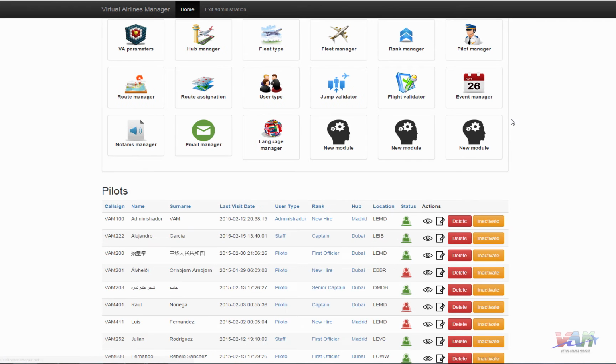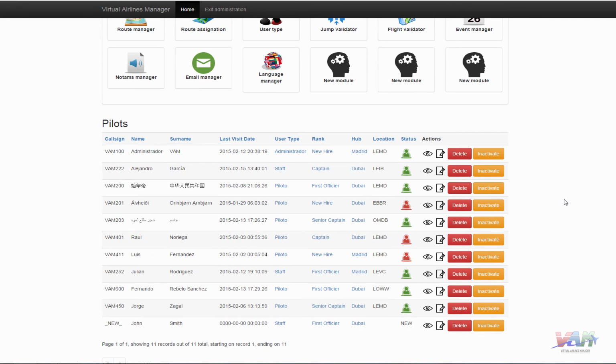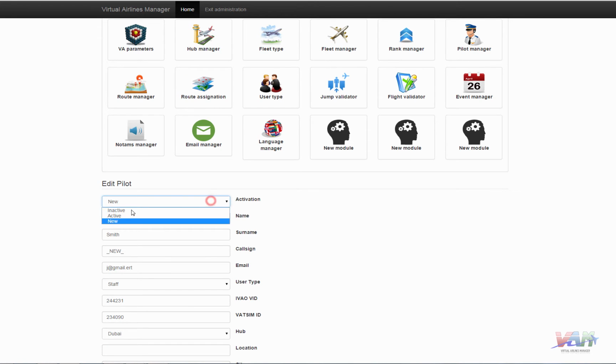In the pilot manager, you will be able to see all your pilots, those that are active, inactive, or those that are new. New pilots cannot log into the system until you activate them, or until you provide them with a valid call sign. In order to activate a pilot, you have to edit the pilot profile, assign active in the activation field,